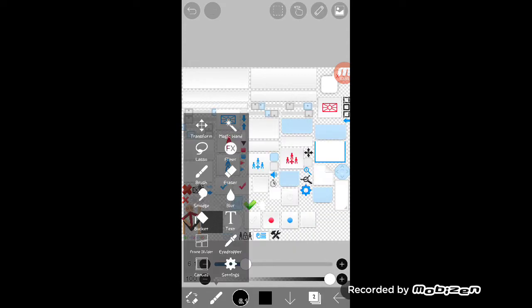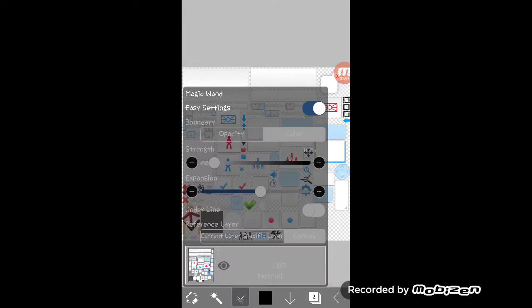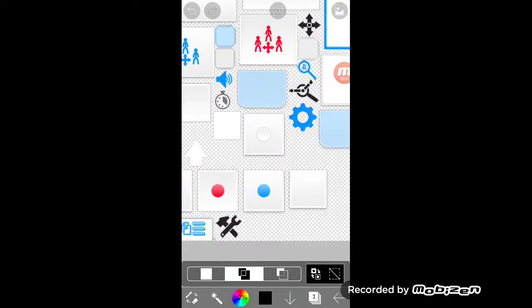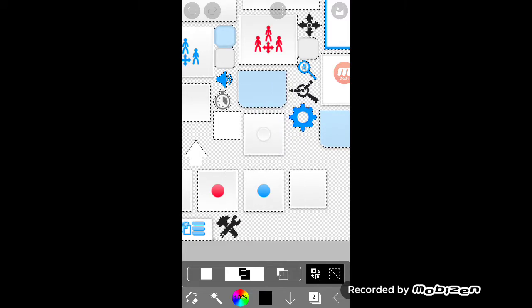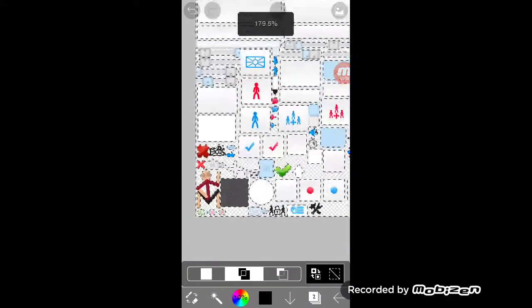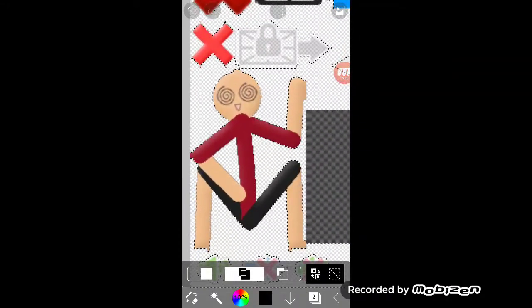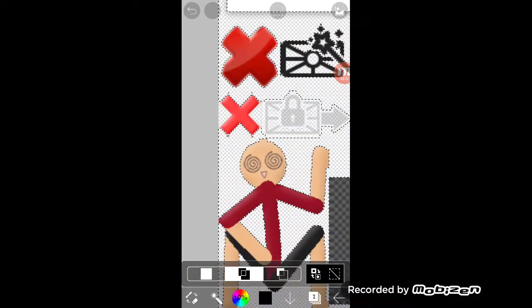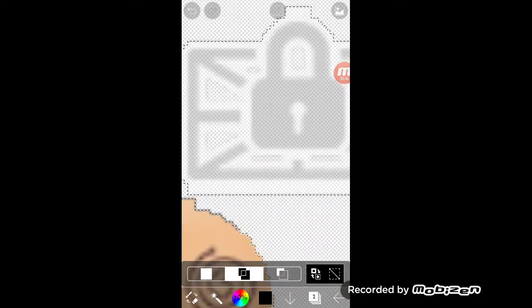Now, when I use my magic wand tool, I take easy settings off, leave strength at 10, and expansion at 0. This way, it's much easier for me to select the entire outline of everything. And there's a couple of spaces you gotta go in between and select individually because, well, because, you know, pictures. Anyway,